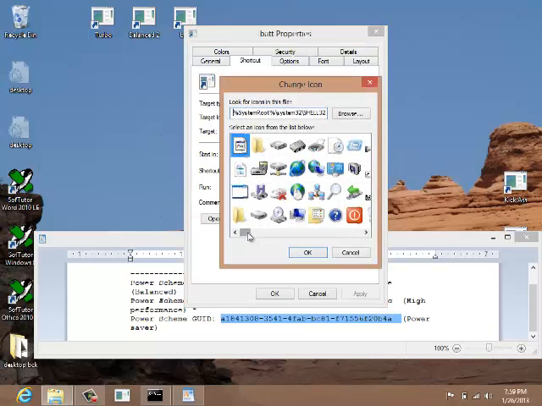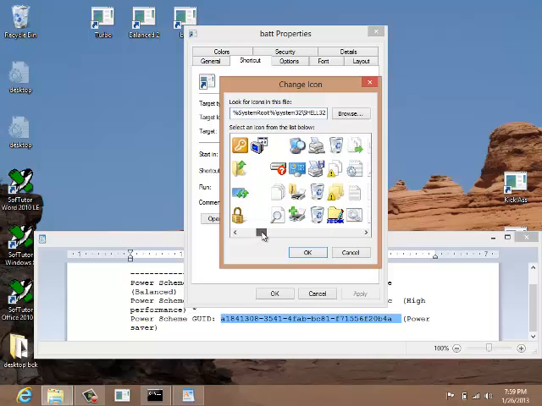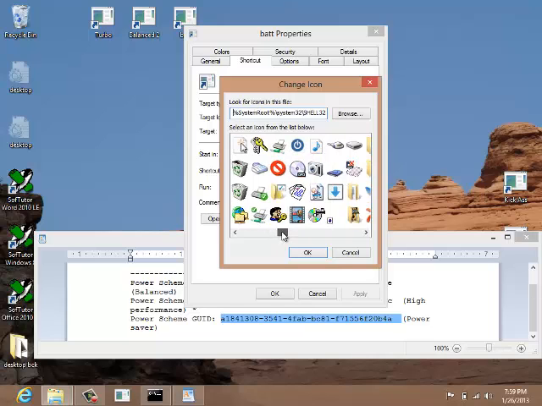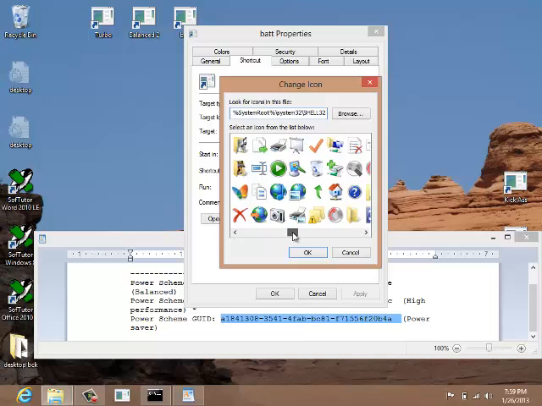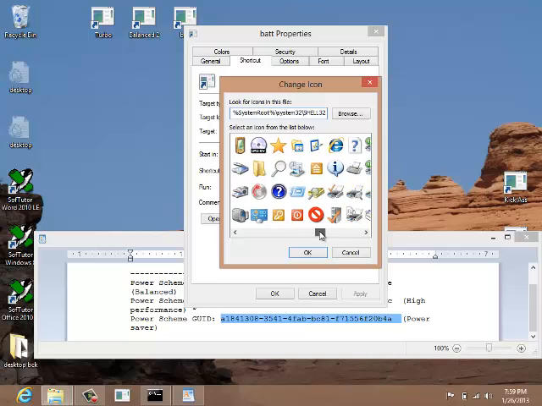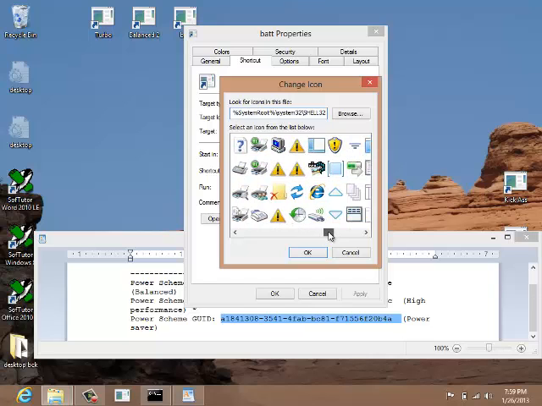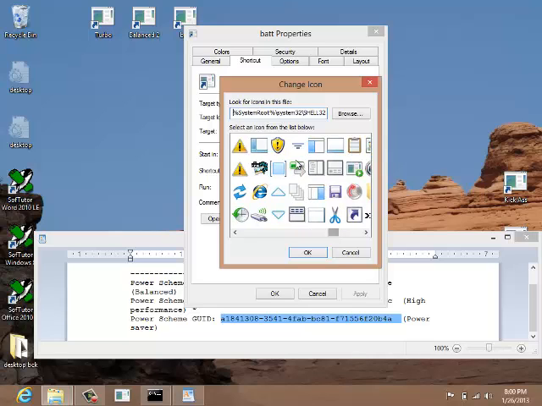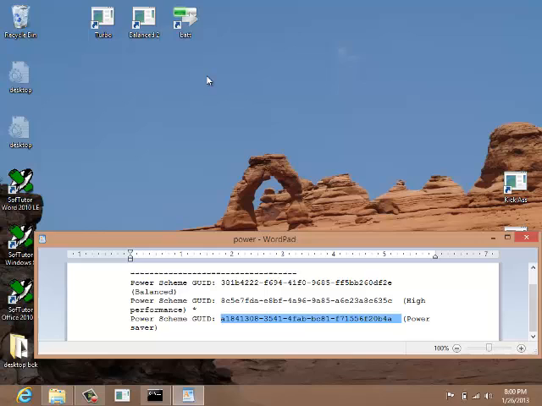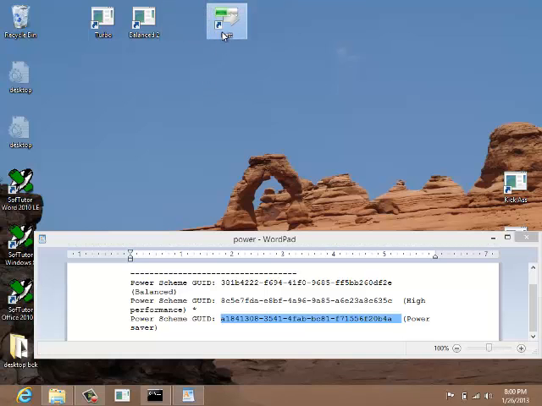Now we don't have a real large choice of icons here. So you could choose whatever icon you wanted that seemed like it was going faster. You know, find one of the icons here that you want to associate with. I don't really see anything faster. Maybe this has an arrow on it, so maybe it seems like it's going faster. We'll choose apply and OK. And now, actually, we have that set for battery mode, but at least you can see how we applied